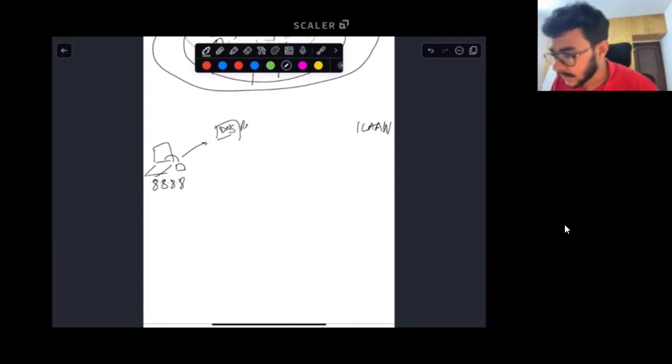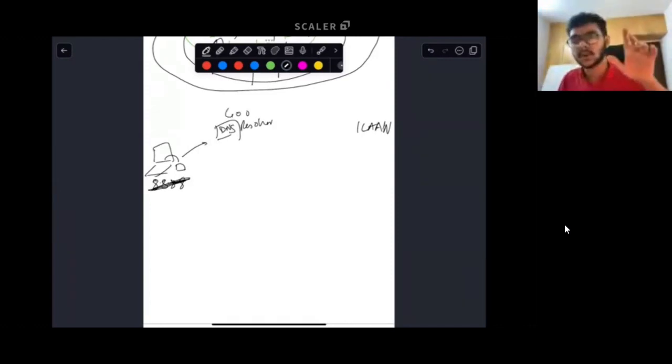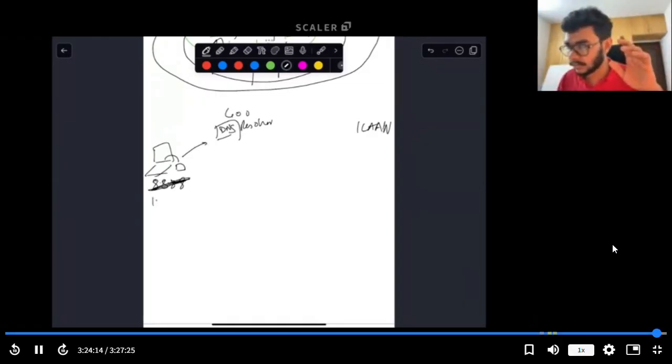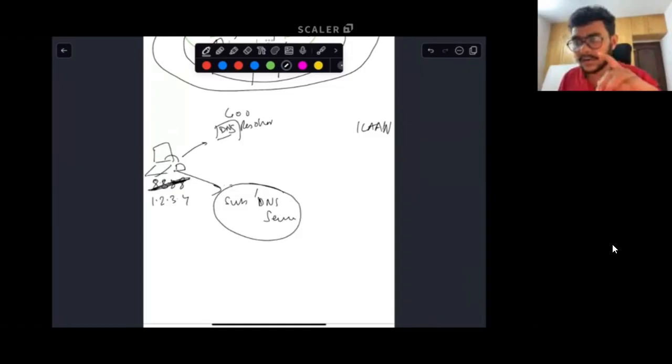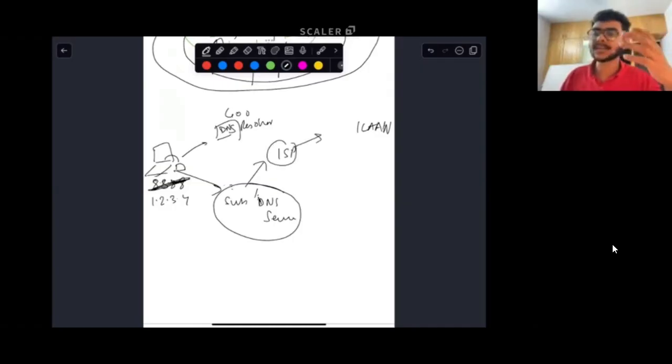What if, instead of sending it to Google's DNS resolver, you change this IP address to your own DNS resolver, let's call it 1.2.3.4? So then it is going to, let us say, Shubhavrata's DNS server. Only if it is not served by this place will your DNS server then start sending it to your ISP server. Then from the ISP, it will start sending to root name server, TLD, etc.